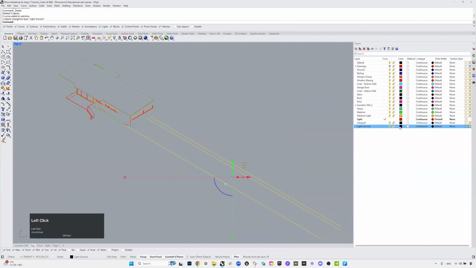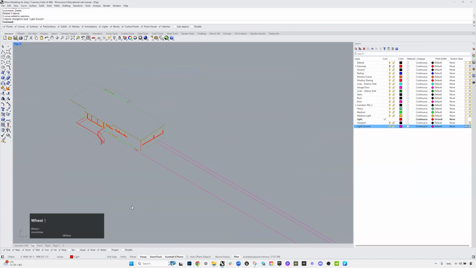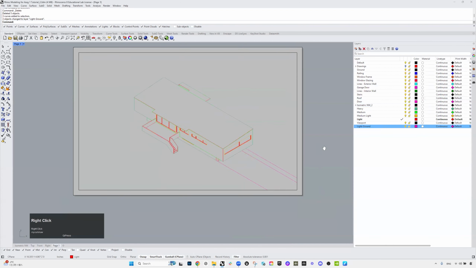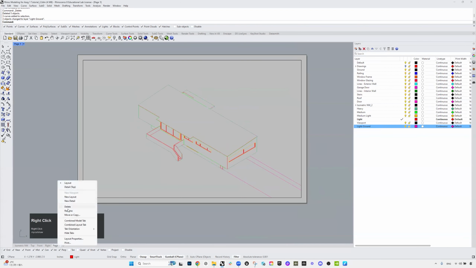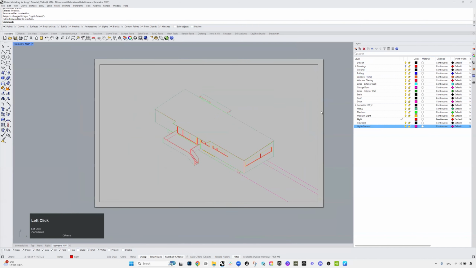Change object layers. I'm gonna make that purple-ish. Right. Okay, so go back to page. I'm gonna change the name to isometric northwest. Okay, so now this